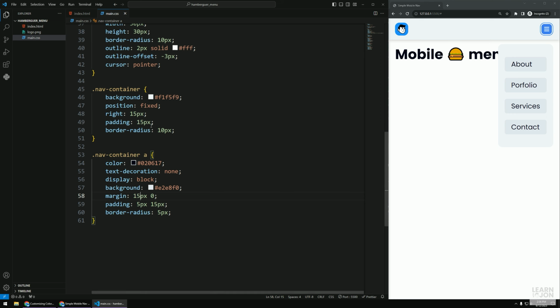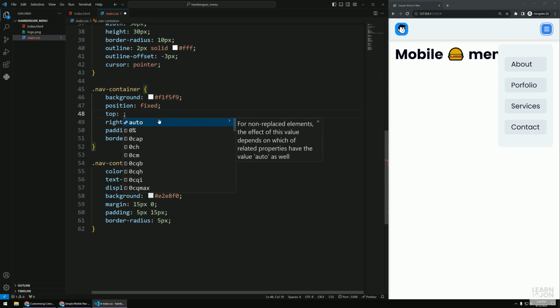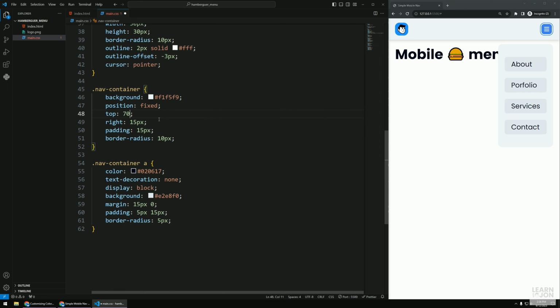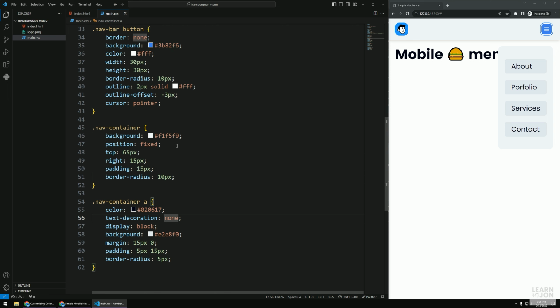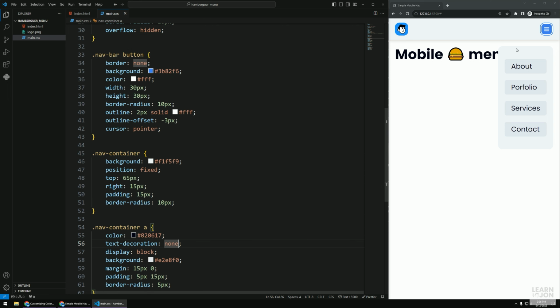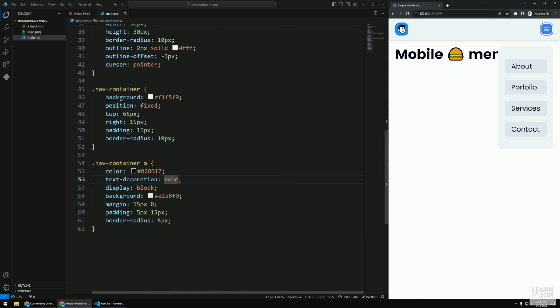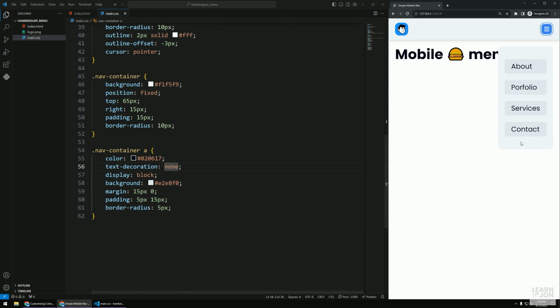Anyway, so going back to the container, we are going to say from the top, it also should have a fixed position. 70 is good. 65, that's good. So we can play again, you can have the same background as this menu all over this, for example, just for fun. Anyway, we're gonna keep it as it is, and we're gonna talk about the JavaScript side of it for now,